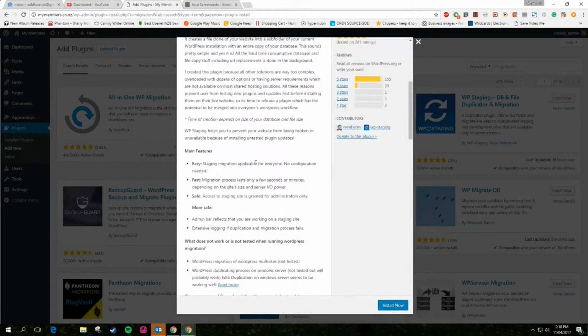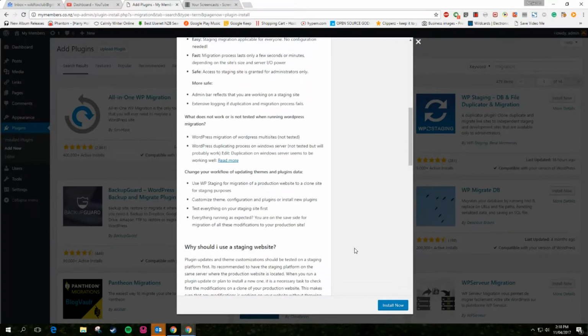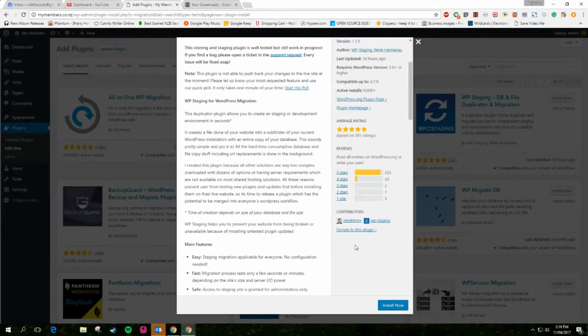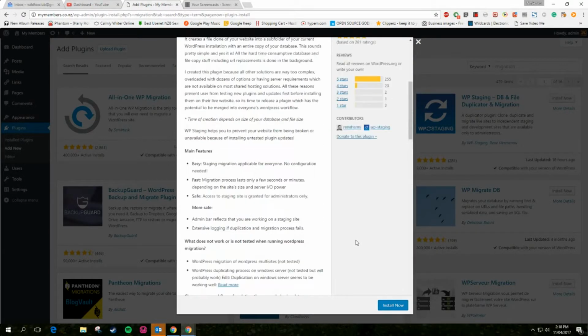Look at the description. One of the reasons why the plugin that comes up in the search results may not be the best migration plugin for you to move from one site to another, or one location to another, is because it simply doesn't have all the features that you want. What we want is